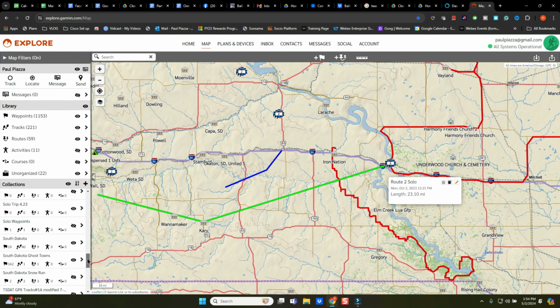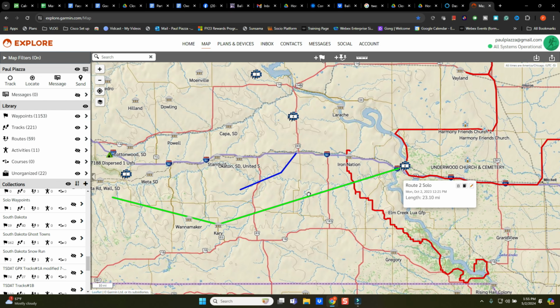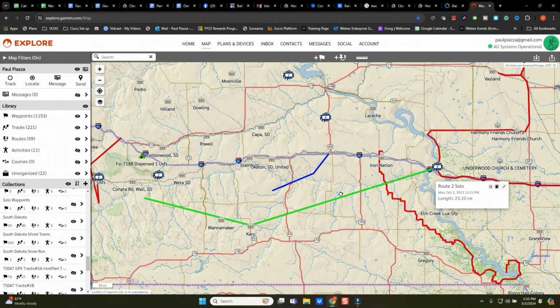So for example, if you look at here, South Dakota ghost towns, there's 162 different areas. So this is South Dakota, Wyoming, and Montana ghost towns. And you'll see here, and churches. So these are old churches. I pulled this from a historical database. Harmony Church, Vinland, all these are ghost towns or remnants of ghost towns that have notes in them and that are shared here. So I went and looked them up, and I pulled them in there, and I map them.